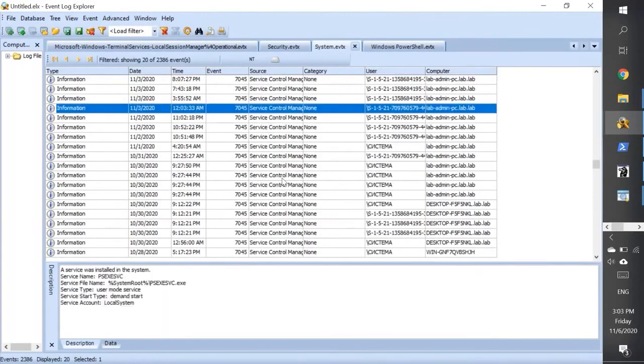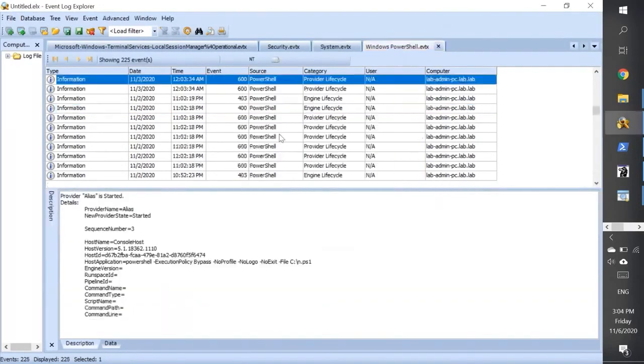And this is the PsExec. At this time, the script to encrypt all the hosts was started. As soon as we found something in the Windows PowerShell logs on the lab admin PC host,